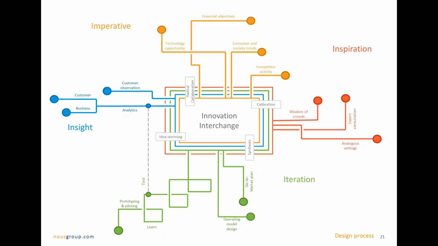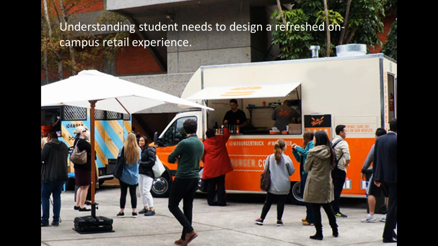So yeah, basically this is saying that innovation brings a number of different things together and that it can have a number of different starting points. And to show how we've used this, I thought I'll just talk you through a recent example of a project that we've done, which was with Monash University, and they were wanting to refresh their on-campus experience for students. They had a sense that their competitors, particularly Deakin University, were doing a lot more around student experience, and they were a bit behind, and they were maybe losing students because of that. So there's a real imperative here around market share and their competitive positioning.